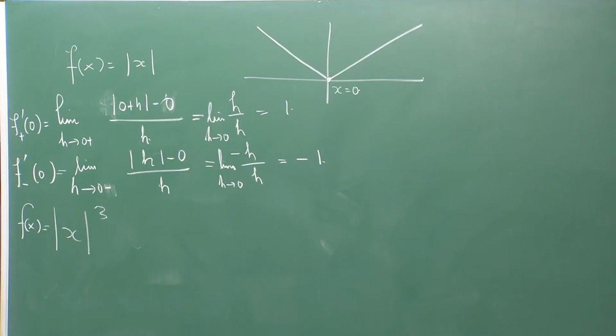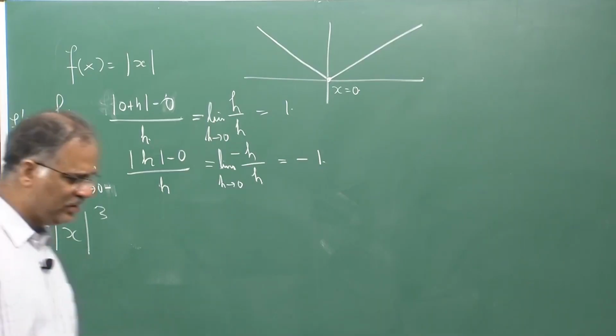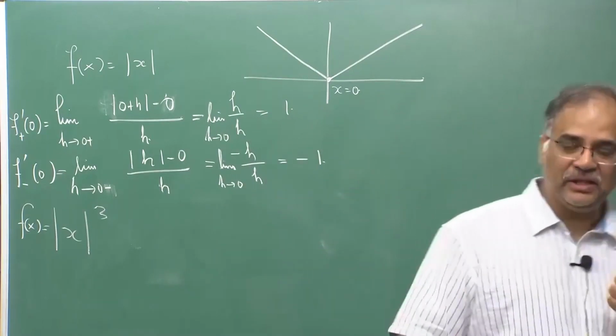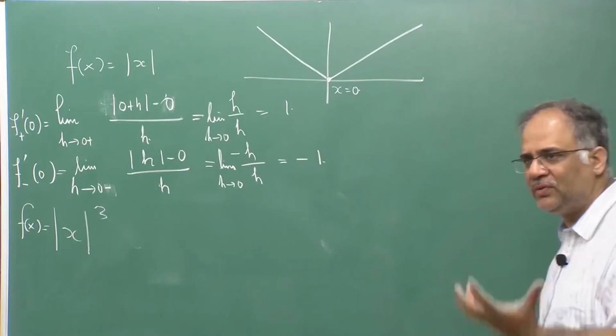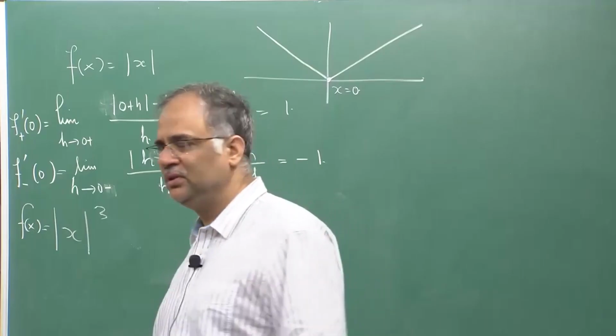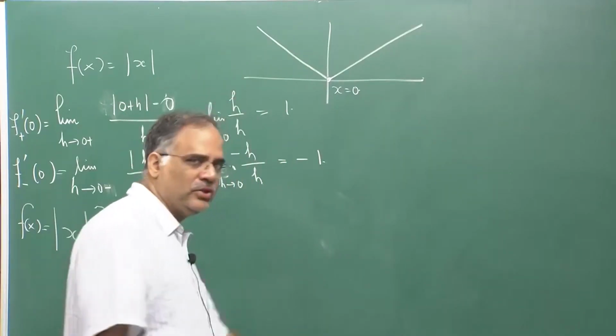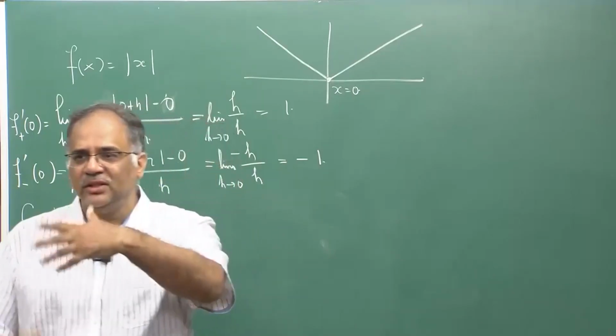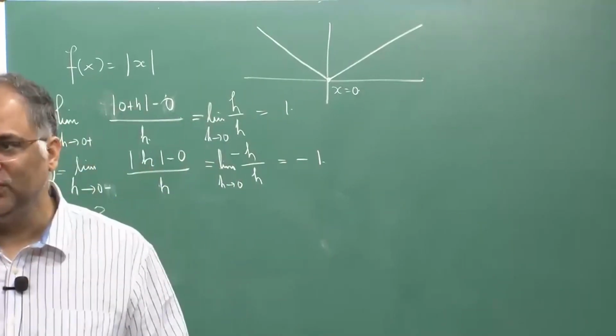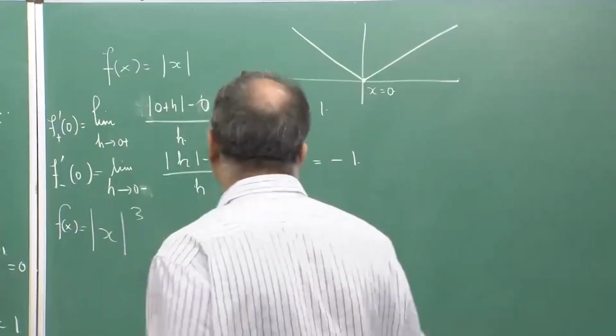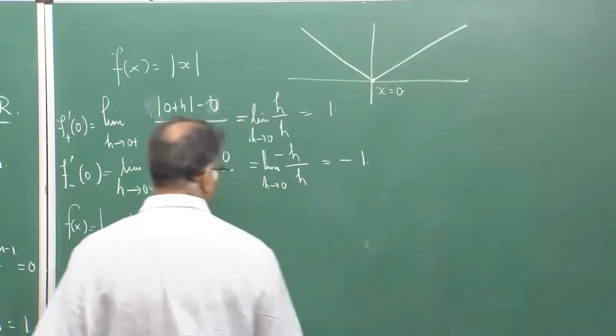Now, there was some very typical type of function we had studied. Does every continuous function need to have a derivative? This is an example. Another example is the following, where the function was discontinuous, but we used the technique of removable discontinuity and obtained a continuous function. For example,